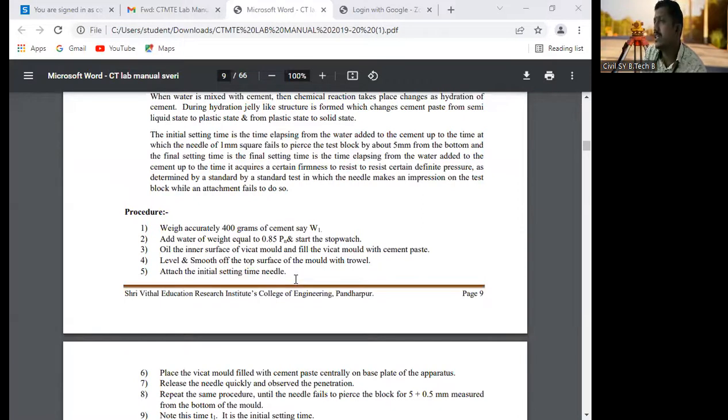सपोज तुमची कन्सिस्टन्सी 30% आहे, मग 30% 400 ग्राम तुम्ही सिमेंट घेताय. 400 ग्रामच्या 30% काउंट केलं तर किती ml वॉटर लागेल रे? 4 into 3 that is 12, that is 120 ml तुम्हाला वॉटर लागणार आहे. मग 120च्या 85%,